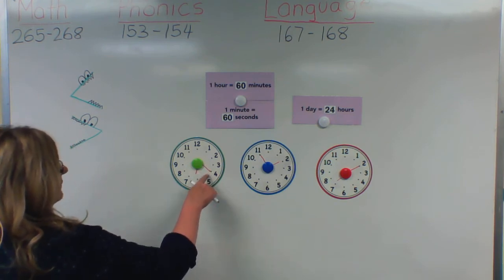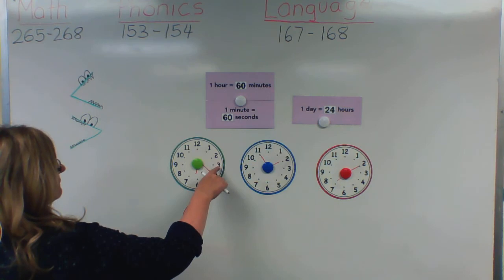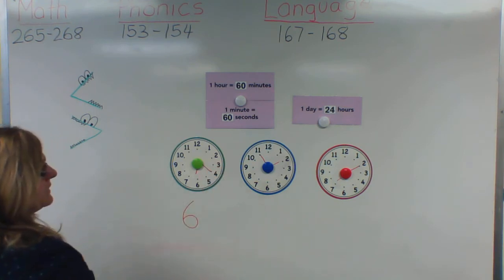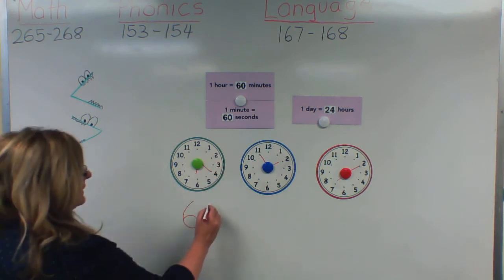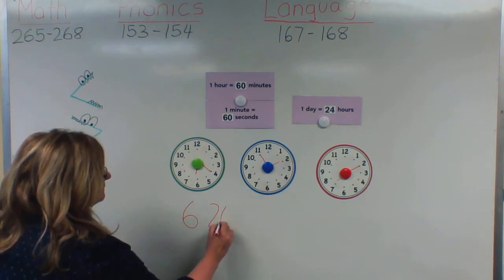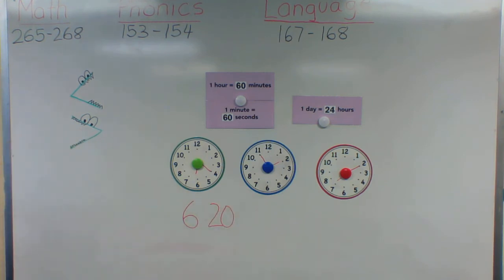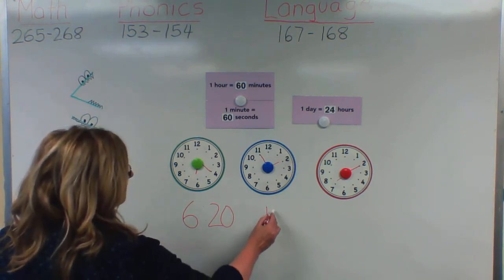And then we count the minutes, 5, 10, 15, 20. When the minute hand is on the 4, it's 20. So that is 6:20. Now let's look at the next clock. The short hand, the hour hand, is almost on the 2, but not quite. Almost, but not quite. There's still 5 minutes before 2. So it's still 1. So we write